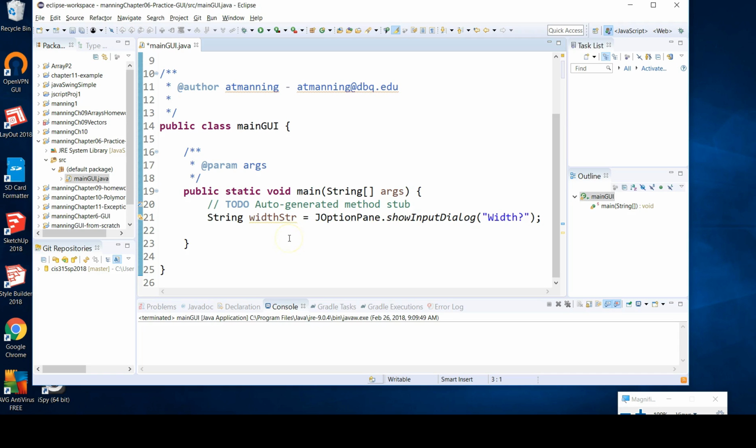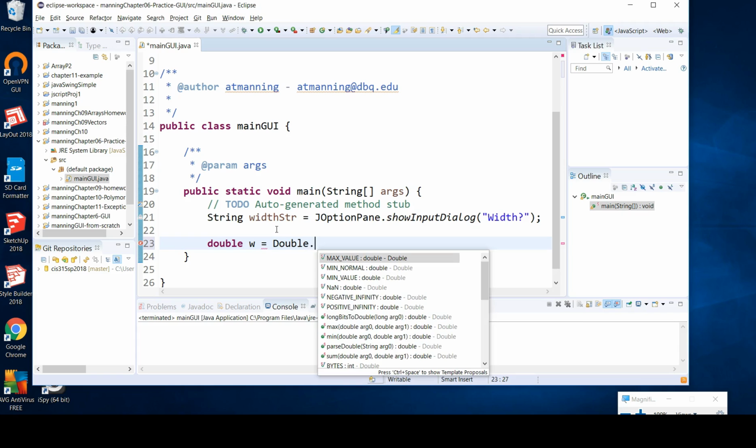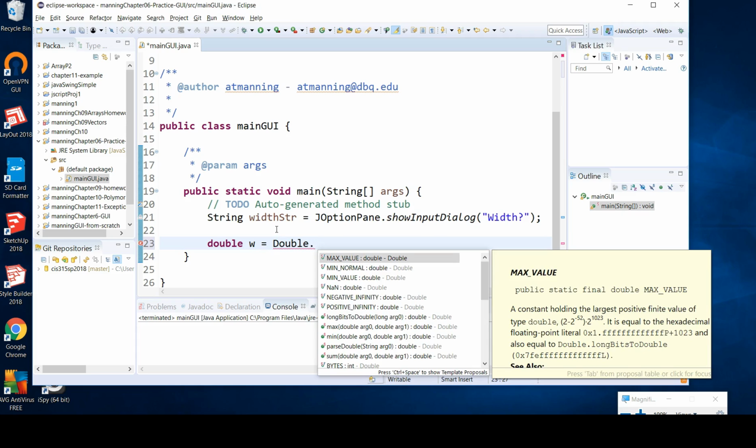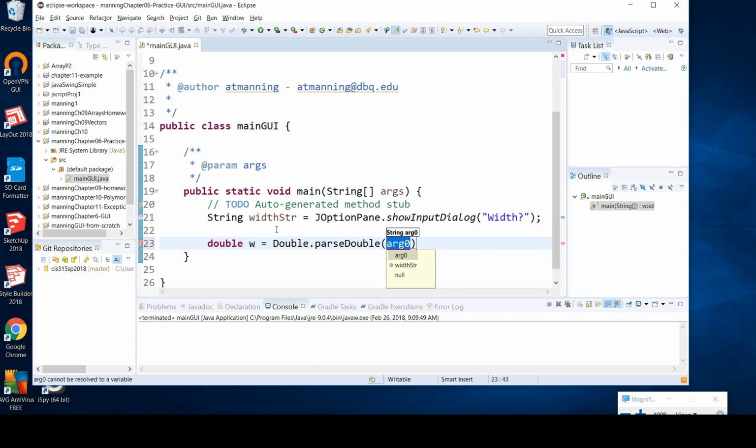So this lets us pop up a dialog. Now to do something with that width, like put it in a double, I can do something like this. I can say double, I'll call W for the width, equals Double.parseDouble, and then take that width string